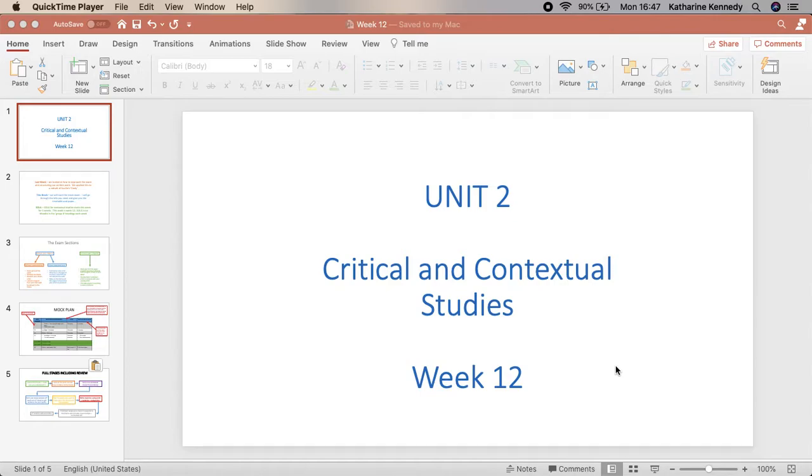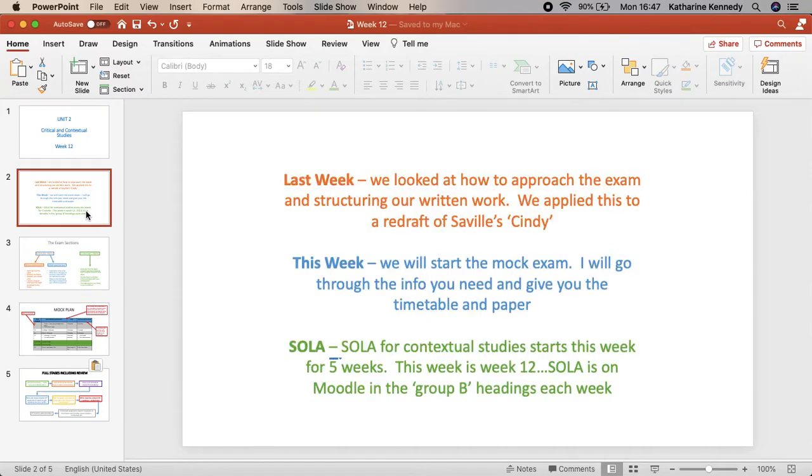Week 12 this week for contextual studies. We're going to be starting the mock. Woohoo! So, last week we looked at how to approach the exam, we structured our written work, we looked through